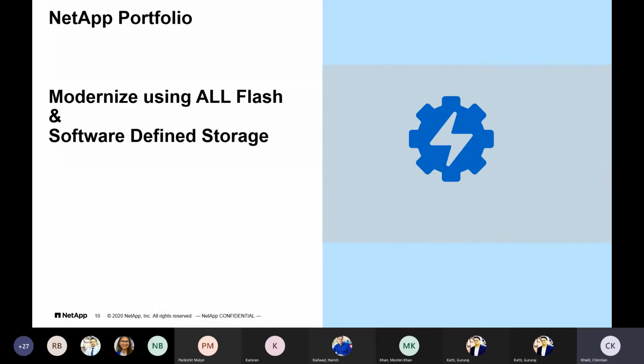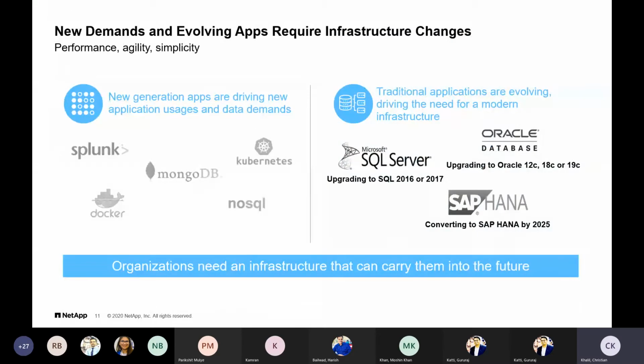So to start first with modernizing the flash itself, here we have seen the shift between legacy. If you see on the right, legacy applications are mainly